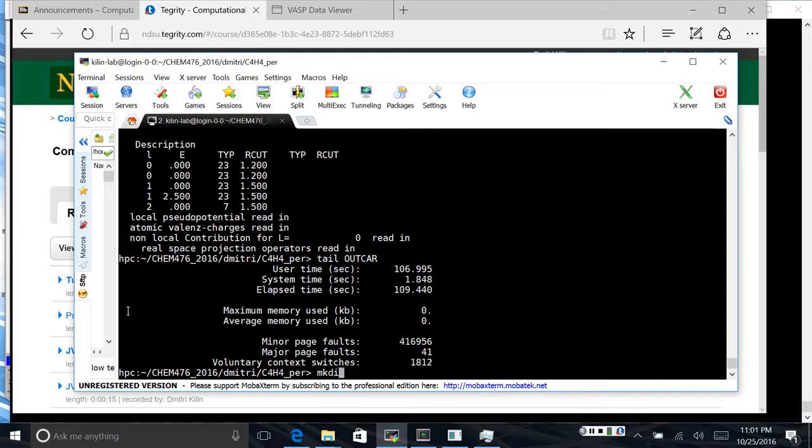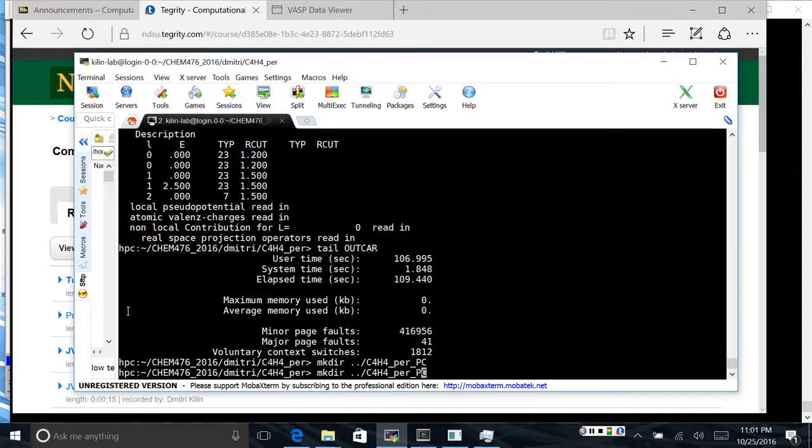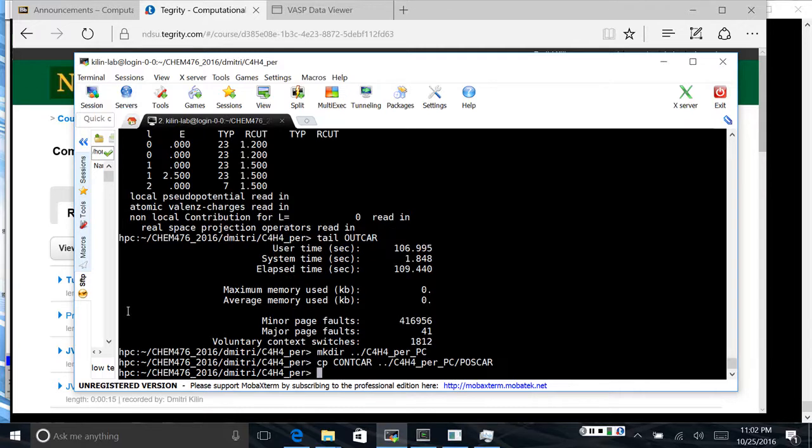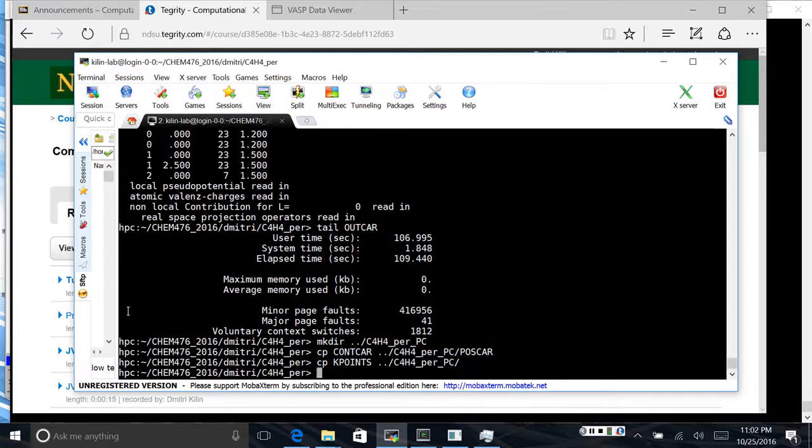So therefore, I'm making a directory, calling it with the same atomic composition, periodic, but then I'm making index part charge for molecular orbitals, or how they are called in VASP language, partial charge densities for orbitals. Now, I am copying the CONTCAR from here, so it is the optimized geometry, to this new directory, and I'm immediately calling it POSCAR. So we want to continue from the geometry where we stopped. Optimal geometry, good geometry. And I also want to copy there the KPOINTS, POTCAR,